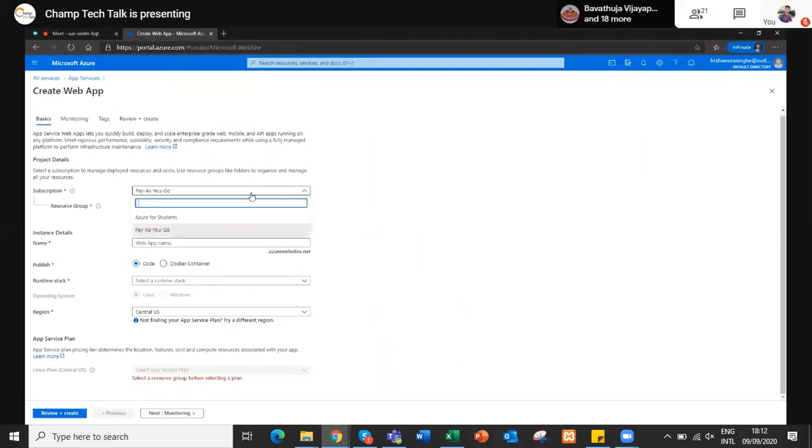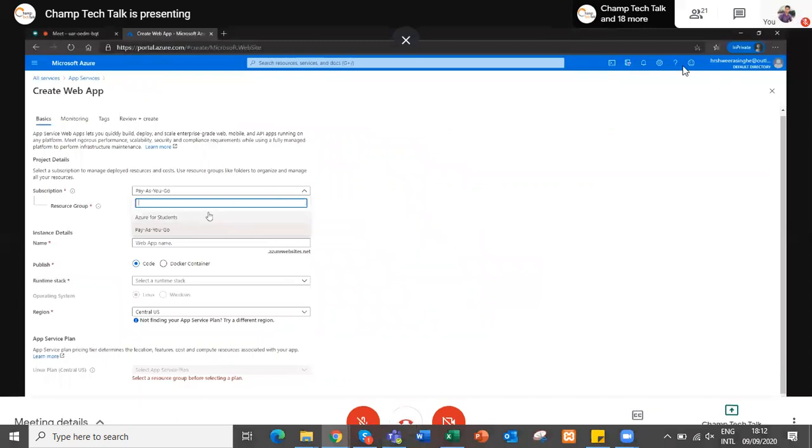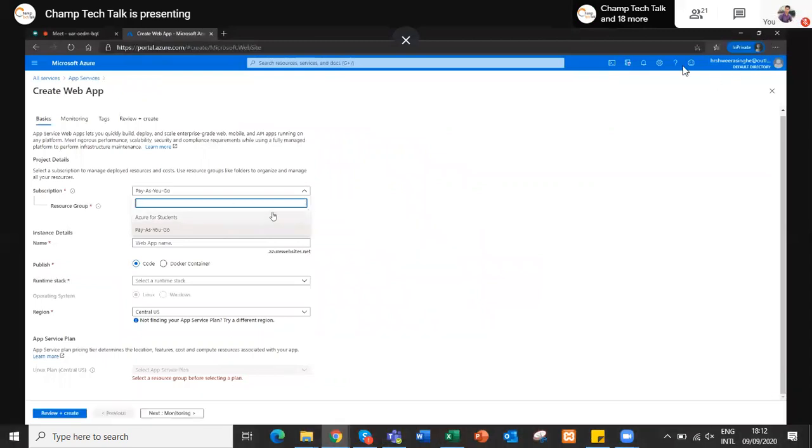This subscription, as we discussed, is the place where you link your credit card. Or if you are signing up as a brand new user, Azure gives you $200 worth of credit to play around with these applications. I already consumed my free trial, so currently you can see I have this pay as you go option and this Azure for Students.